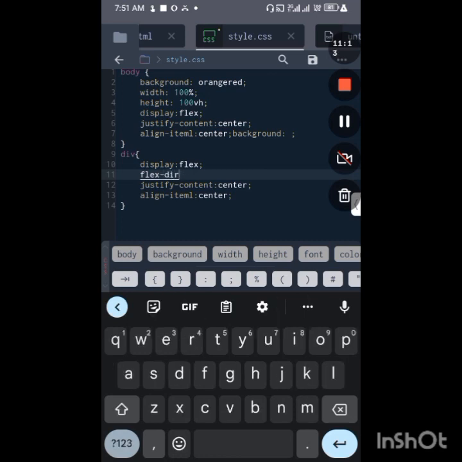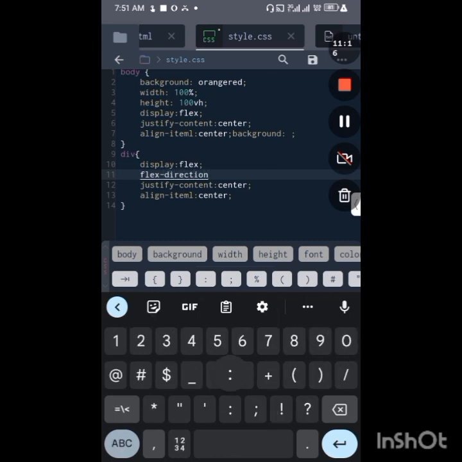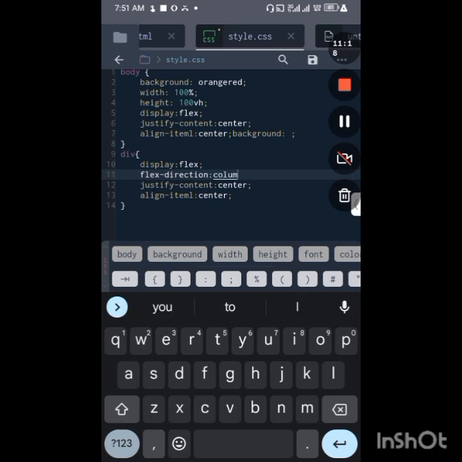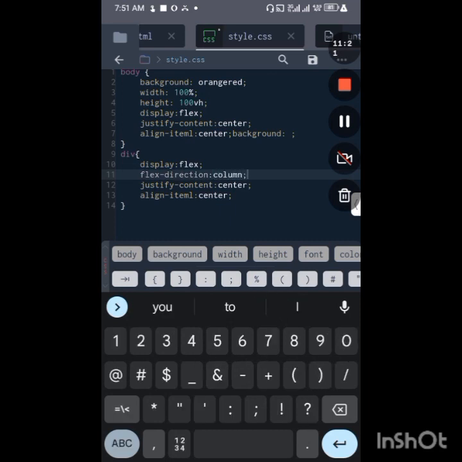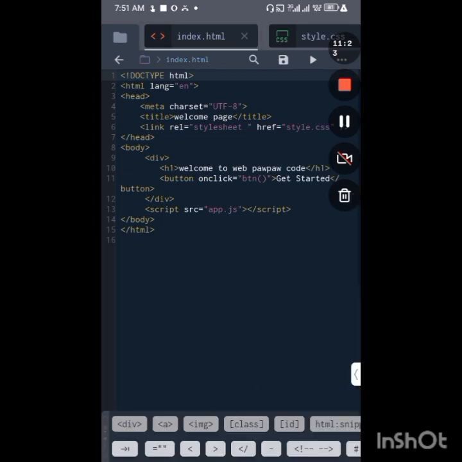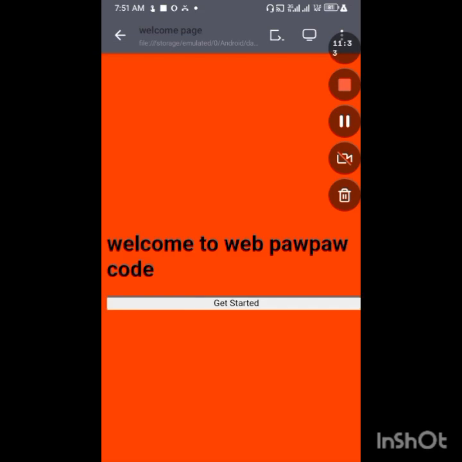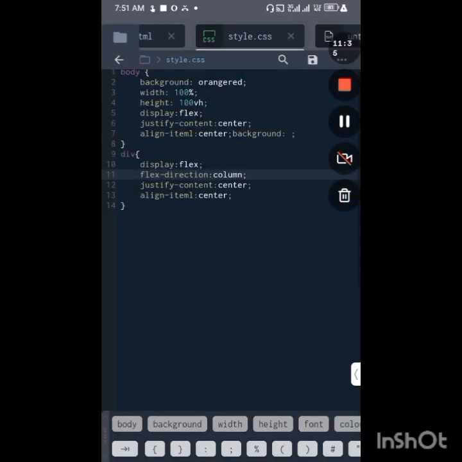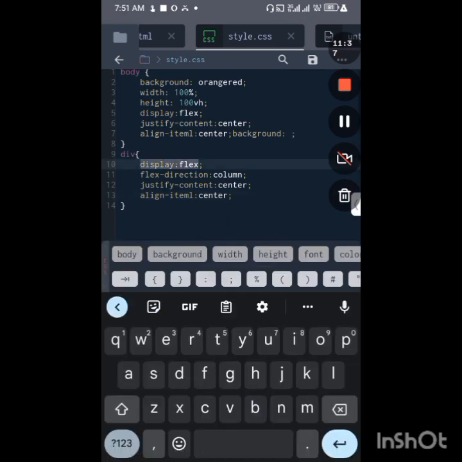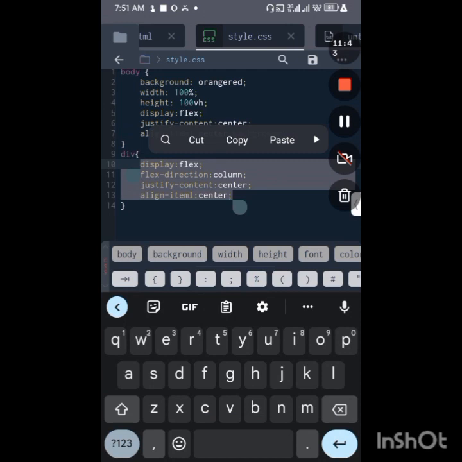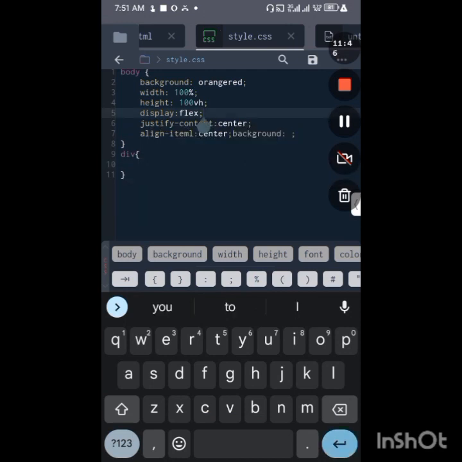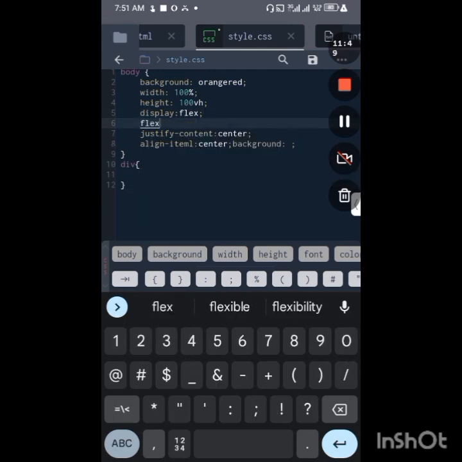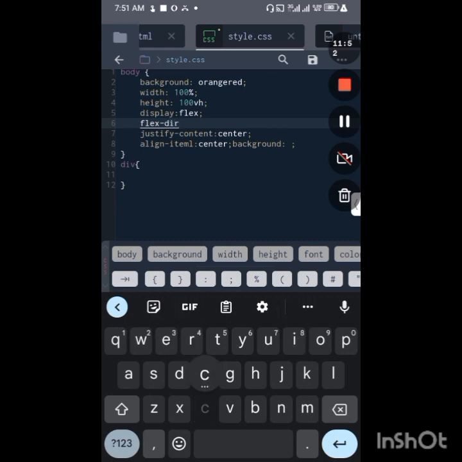Direction of column. So as we go over to HTML and play it, slowly, see it's at the center, but that's not actually what we want to do. So what we'll do here is remove this. Just wanted to show you that you can actually apply it at the div. So here we write flex direction to apply it at the body, so everything will go to the center, both vertically and horizontally. So column,